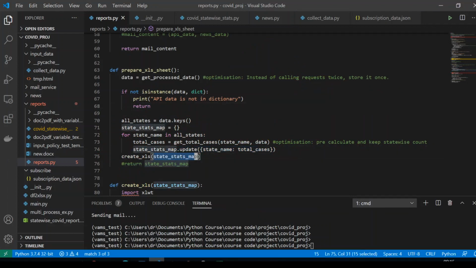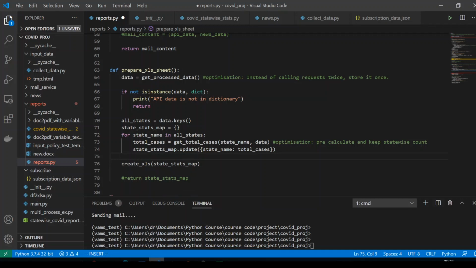And then since I have the basket already here, that basket is nothing but this create XLS. Alright, so I'm taking this basket here and passing this to this particular function, create XLS. In fact, you can write the code everything in one place. So the basic idea is about writing functions.